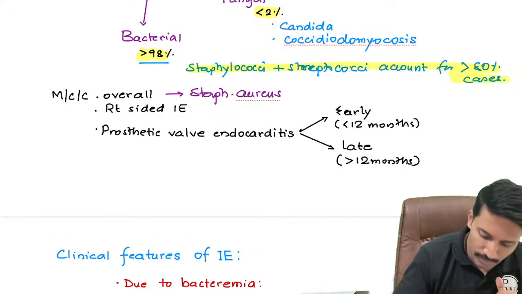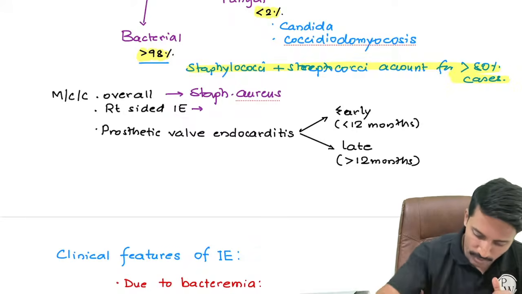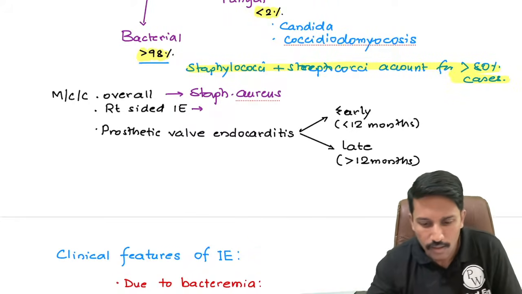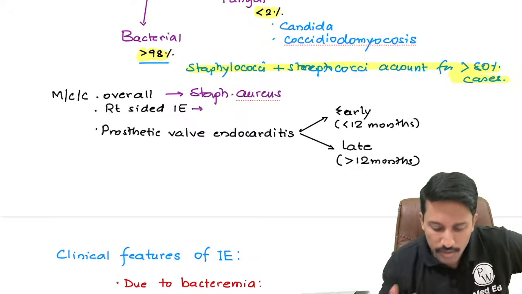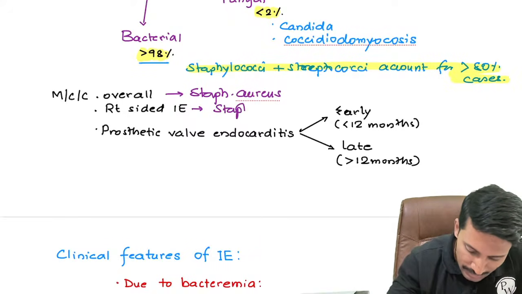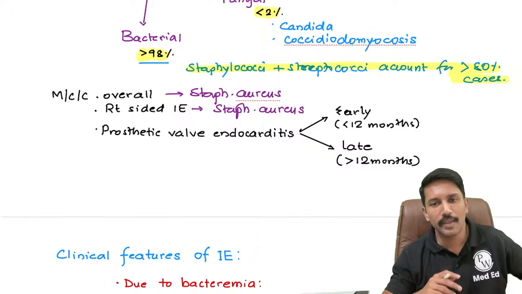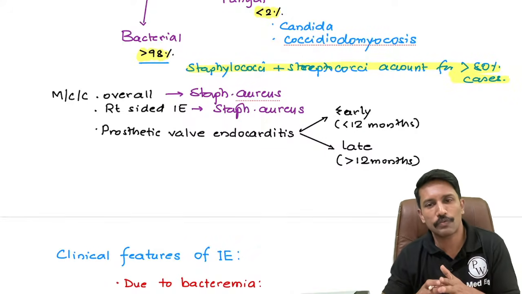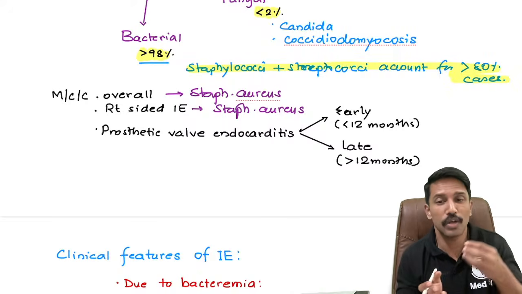Now, if they ask you about right-sided infective endocarditis, what is going to be the most common cause? It's again Staph aureus. Staph aureus. If they ask you what is the most common cause for infective endocarditis in patients who have received a